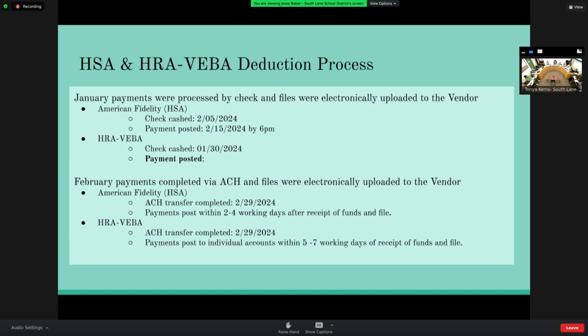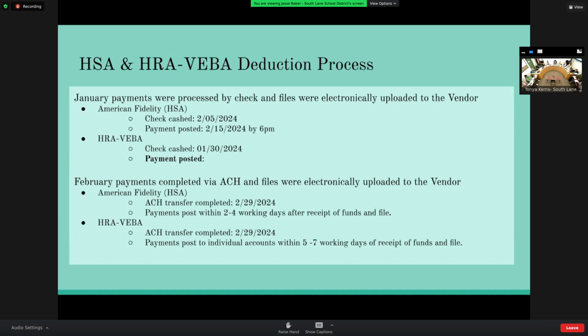They should be done sooner than that. And I'm not sure what the issue was, although the files were uploaded timely, and the checks were cashed timely. February payments, the payments were completed via ACH, which is direct deposit, and files again were electronically uploaded to both